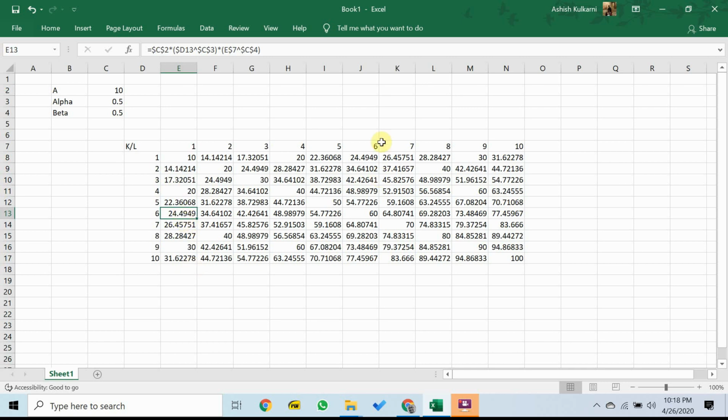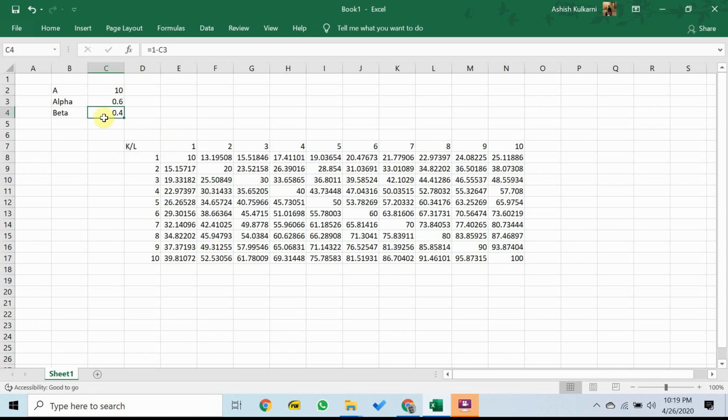So as you can see, these entries are always going to be exactly the same. All such entries, in fact. So if you can see 22.36, 22.36, 31.628, 31.628 or whatever that number is, and so on and so forth. However, if I were to change this particular number, say I were to make this 0.6, then this number becomes 0.4, but much more importantly, because this is 0.6, this number is now 39, this number is now 25.